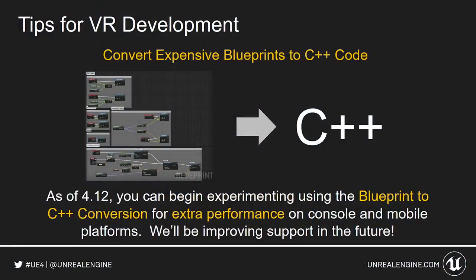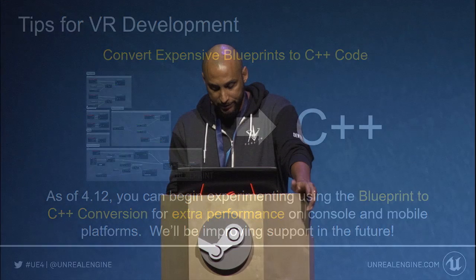Continuing with performance, a quick way to gain back some performance from the CPU is with our Blueprint to C++ conversion tool. This is also still in development as we continue to refine it, but you can start to test it out now and see how it affects your project's performance. You also have to enable this from the packaging section of your project settings. This is a great tool for expensive blueprints that use complex calculations on Tick or networking code done in Blueprint. Converting those over to native C++ code could be a way to reduce the virtual machine overhead at runtime. That's not to say that games cannot be made entirely in blueprints and still perform reliably. Quite a few games have done that to date, but you can experiment and see what works best in your given situation.